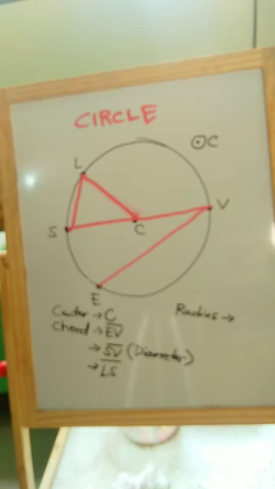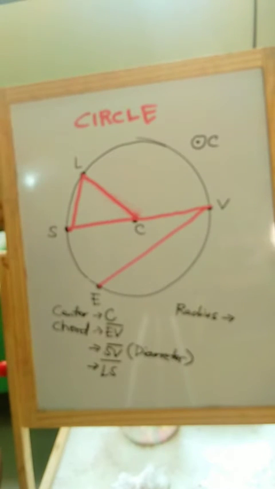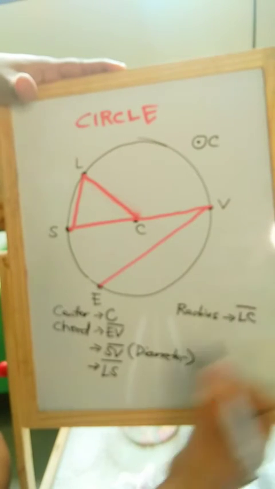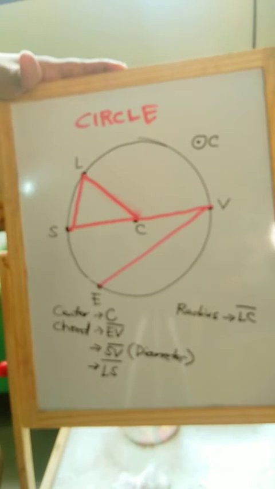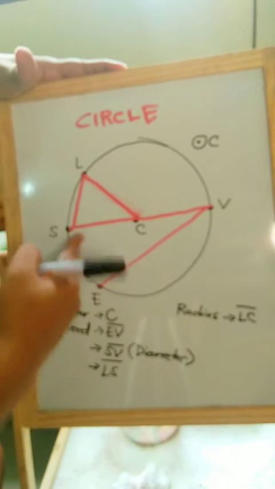Okay. A radius is a segment whose endpoints are one point of your circle and the center. Okay, ulitin ko. Ang radius naman, line segment din siya. Ang endpoint nga lang niya, isang point ng circle at saka yung center. So, in this case, we can name LC or segment LC as one of your radius. Another one, we have